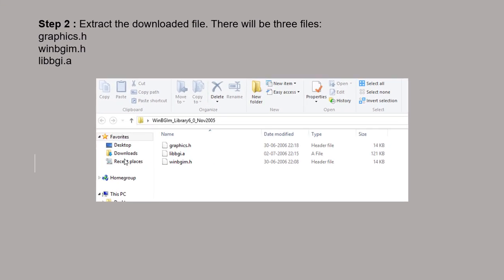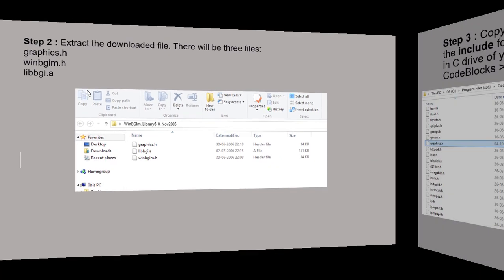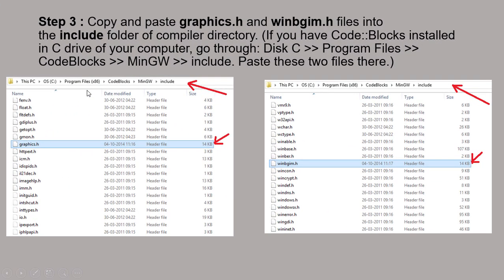When you download it, you will have three files: graphics.h, winbgim.h, libbgi.a. In graphics.h, we are aware all the graphics related libraries are included. winbgim.h is short for Windows BGI with mouse.